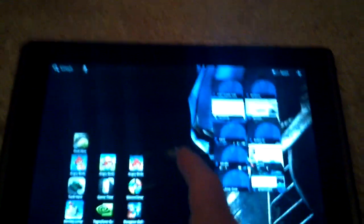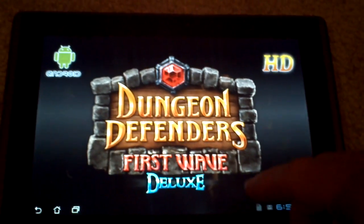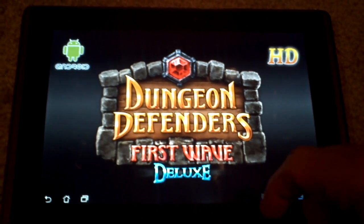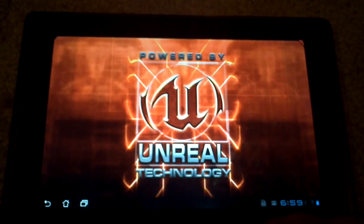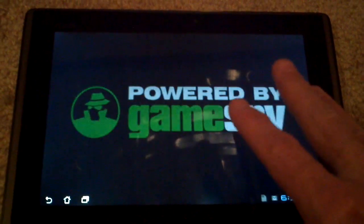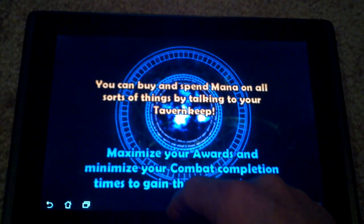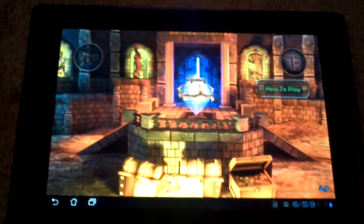Now, improved 3D performance, it's supposed to have. I fired up the only Tegra 2 game that I've got on here, Dungeon Defenders, which is a 3D, graphically intense game, and I have noticed that it is much more responsive, which is kind of neat. I might have to check out some other Tegra 2 games. This is the only one I've got for the moment. It was always responsive to the controls, but walking the little guy around, the 3D graphics were a bit jerky. Animations at the start, no real difference, but in gameplay itself,